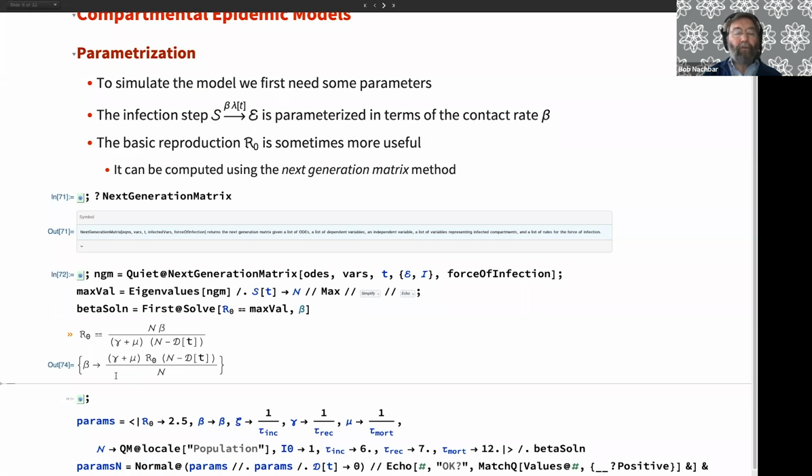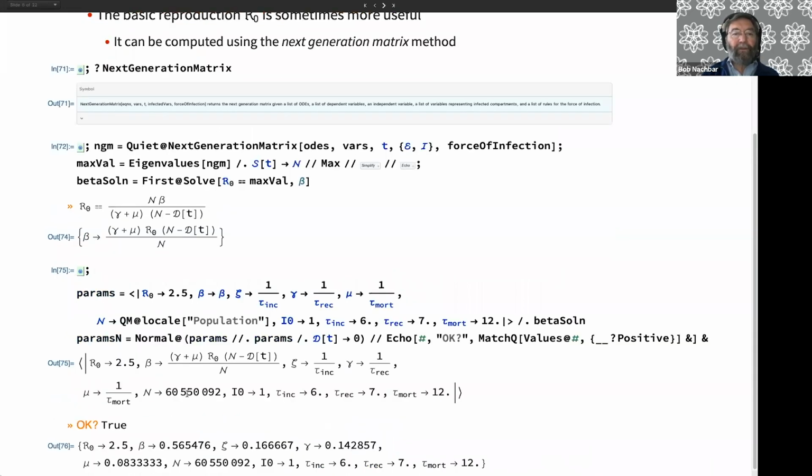Very much similar to what Thomas was showing. It is the recovery rate. Well, R naught is essentially the contact rate divided by the recovery rate, but we've got some modifications to it due to deaths in the model, and that we've got a reduced incidence because of the deaths. And we define some parameters that we'll need, and we convert them all to numeric for simulation.